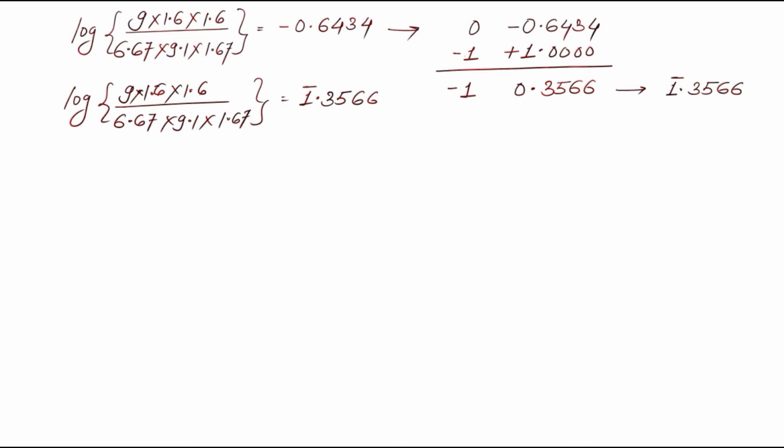So now we have the 3566 value, and we will find the antilog of 1 bar point 3566, and the answer for it is 0.2273. We have to check in the antilog section, that is 0.35 and 66. We will get this value, and because of the 1 bar we will have 0.2273 as the answer. This approximately comes out to be